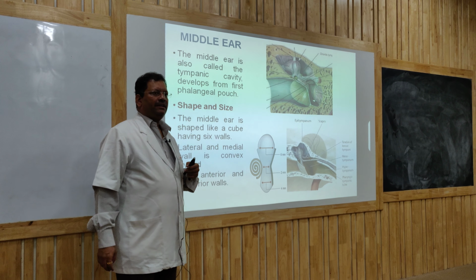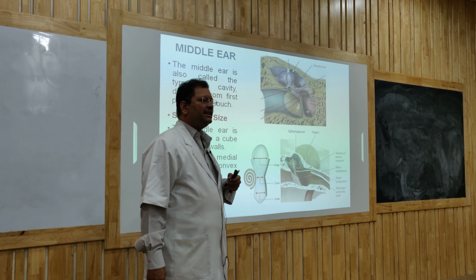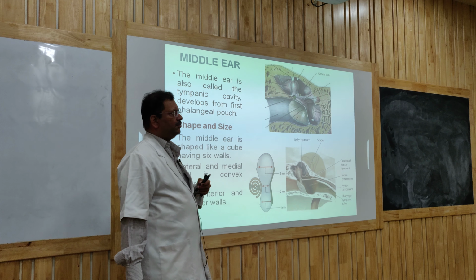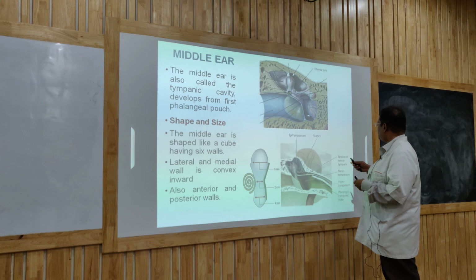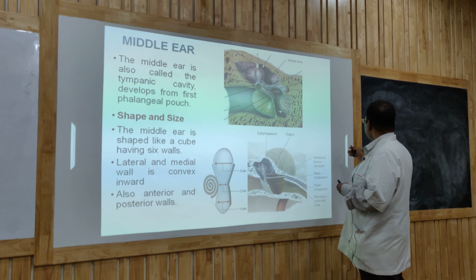The middle ear cavity. The middle ear cavity is present where? It is present in the petrous part of temporal bone. So this is the petrous part of temporal bone. So what we see in this petrous part of temporal bone? We see the